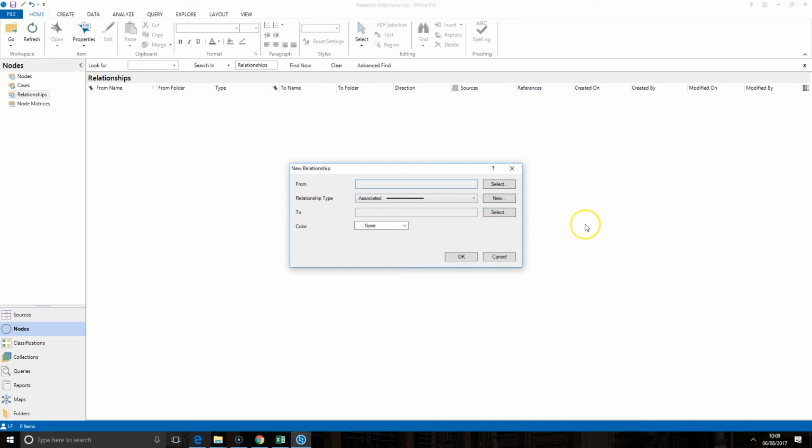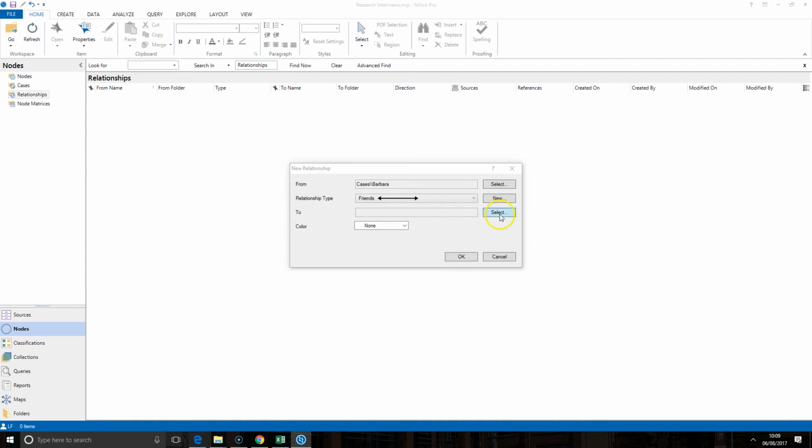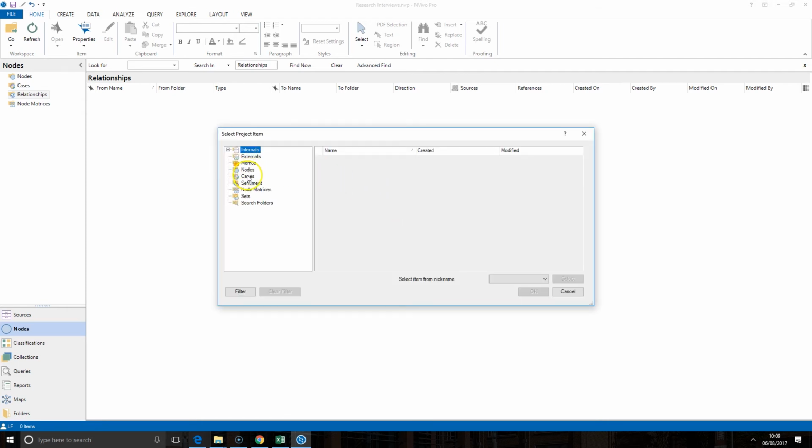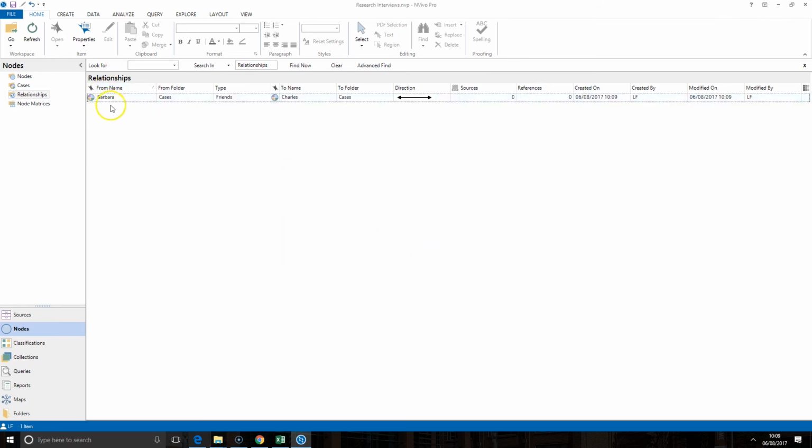that relationship. So I'm going to start off with the relationship type, and I'm just going to change it from associated to friends. And then under my from, I'm going to go in and select the people that I'm looking for. So I'm going to go, in this case, to my cases, and I'm going to link Barbara to Charles, and then click OK. And so that link from Barbara to Charles with the nature of friends is recorded within